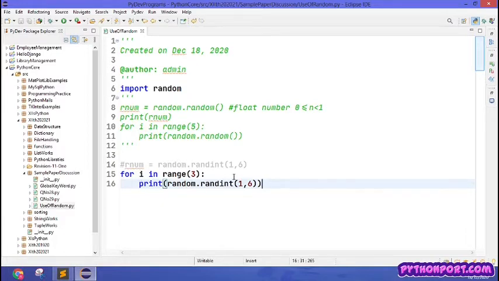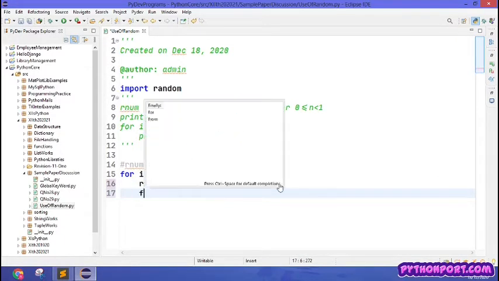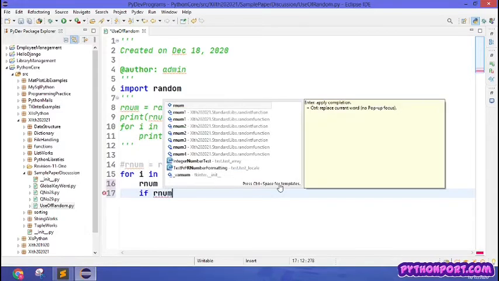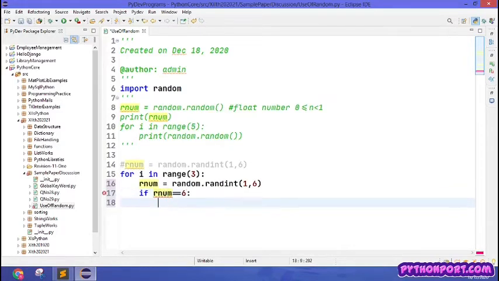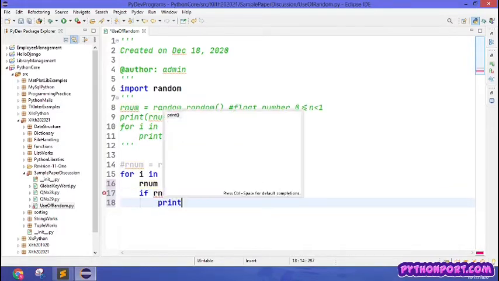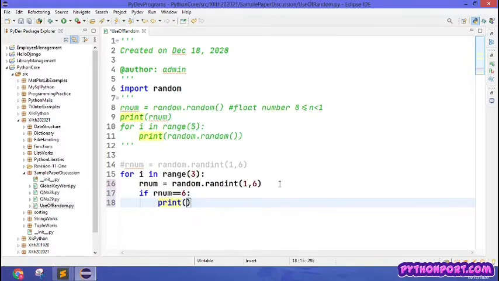If you got 6, then we can say you won, else you lose. That can be the case. In place of print, we can store this value in rnum, and then if rnum double equals to 6, then print you won.